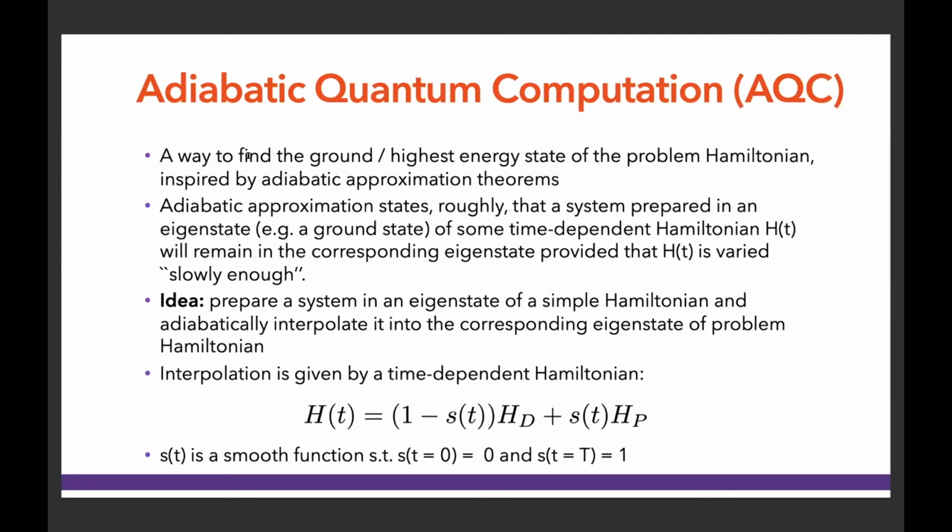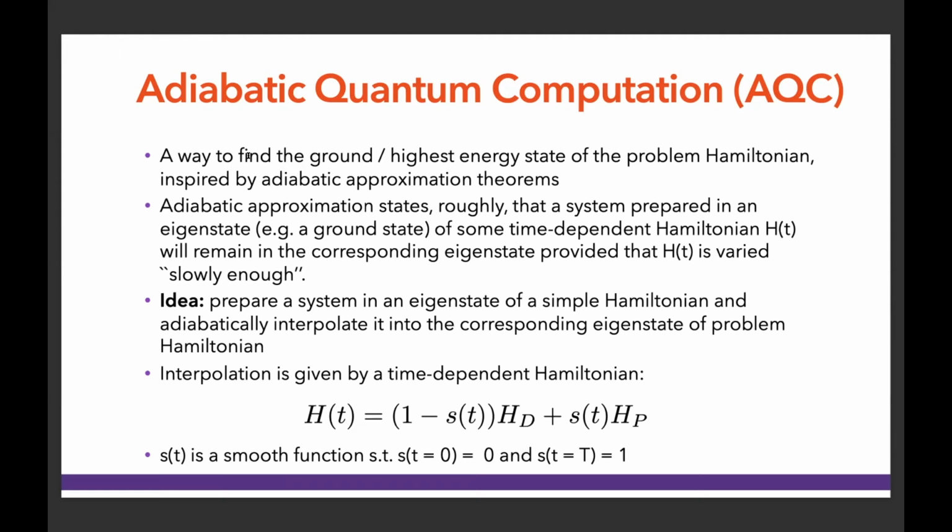Okay, let me switch gears and talk a little bit about the connection to adiabatic quantum computation. The adiabatic algorithm is simply a way to prepare the ground state or certain eigenstates of the target Hamiltonian, which is inspired by the adiabatic approximation theorem, which states roughly that a system prepared in an eigenstate of some time-dependent Hamiltonian will remain in the corresponding eigenstate, provided that the evolution is performed, in scare quotes, slowly enough. Slowly enough typically means something like 1 over the eigengap squared, for example, for the